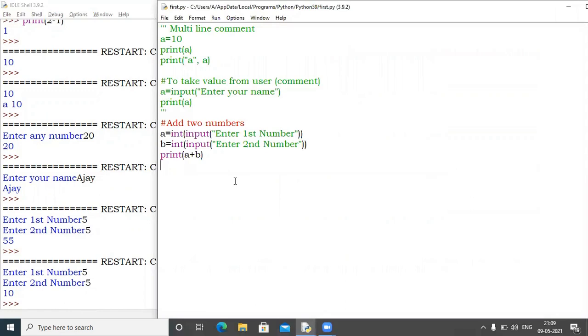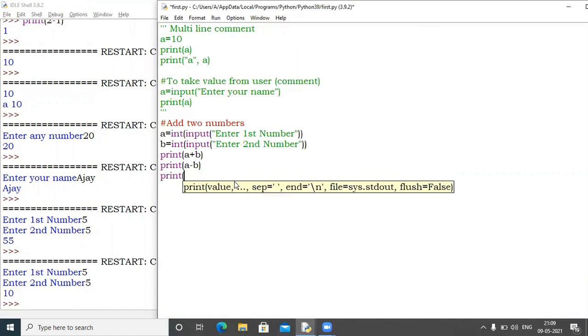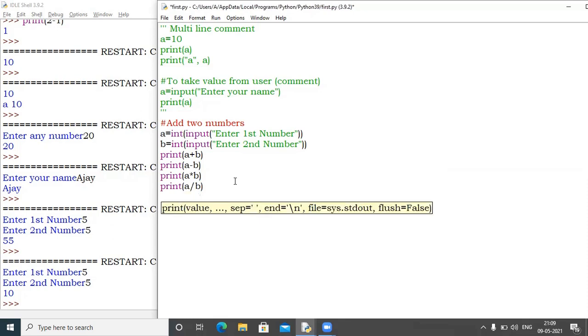Now the same thing we can do with subtraction also. I have already asked the user to enter two numbers, A and B. Now I will do subtraction, and the same thing can be done with all these operators: A multiply B, then print A divide by B, and one more thing, print A. This is called floor division or integer division.